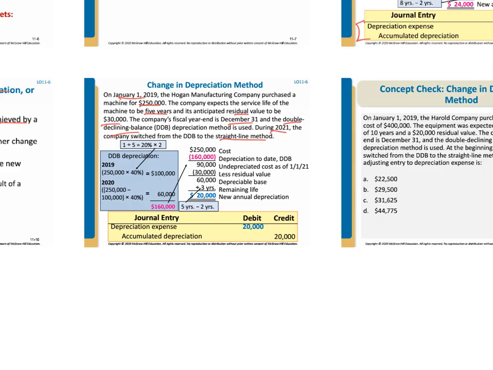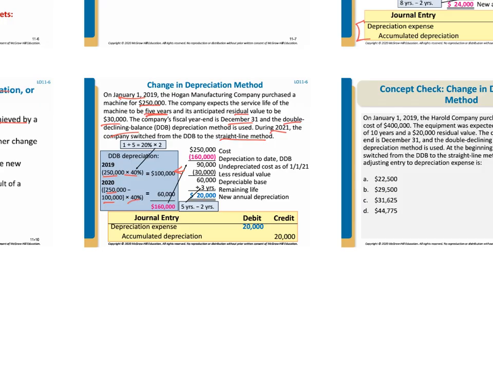So to do this, we have $250,000 as original cost. We multiply that by 40%. Remember, this is the double declining balance method. You take cost minus accumulated depreciation and multiply that by 2 over the useful life. And the useful life was 5 years, so 2 over 5 is 40%. So we multiply these out. We have no accumulated depreciation in the first year, so it's just the original cost of $250,000. This gives us $100,000. We then calculate our second year's depreciation by taking the cost minus accumulated depreciation of $100,000,